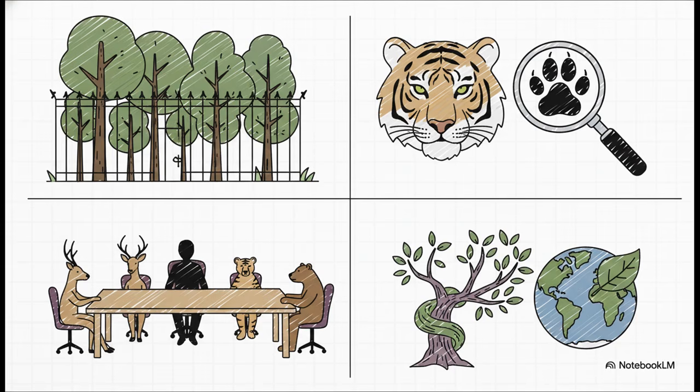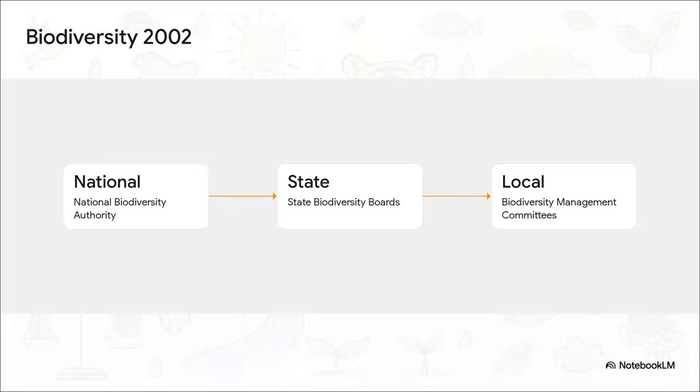Also, you absolutely must memorize the 2022 amendment changes. They reduced the classification schedules from 6 down to just 4, integrated CITES provisions for international trade, and for the first time introduced the concept of invasive species. Right alongside wildlife, we've got the Biological Diversity Act of 2002, which is all about conserving biodiversity and stopping biopiracy.